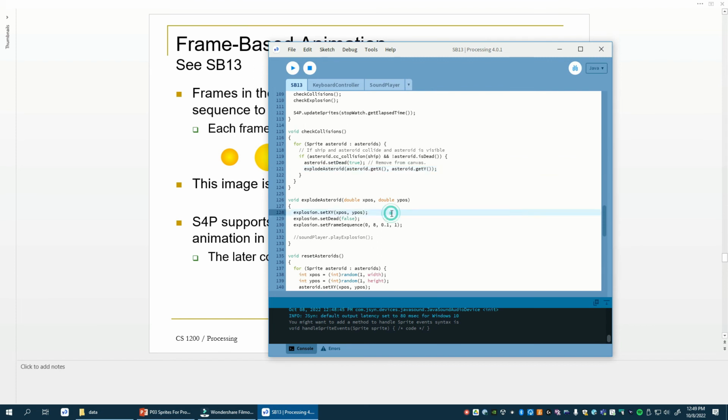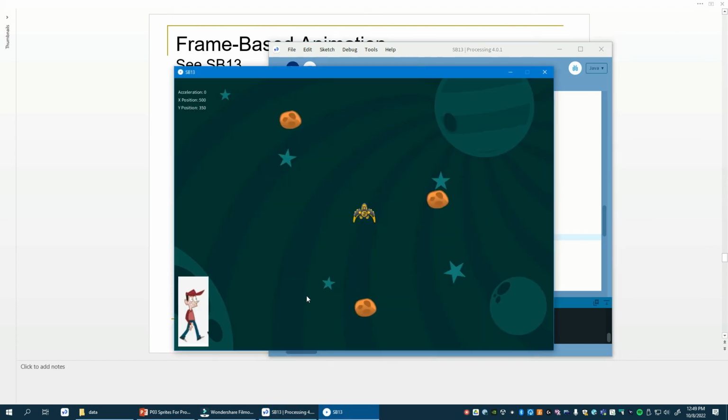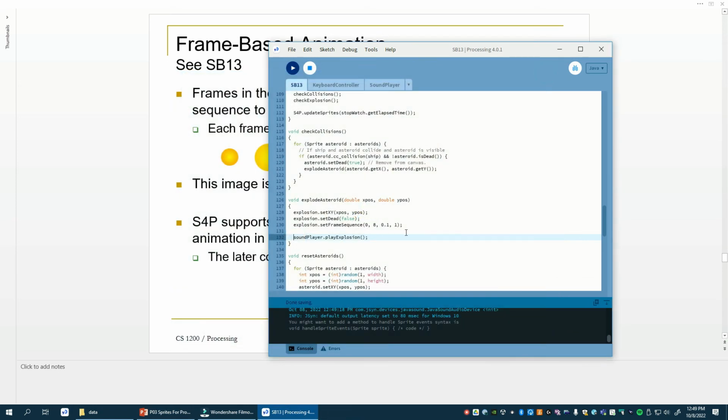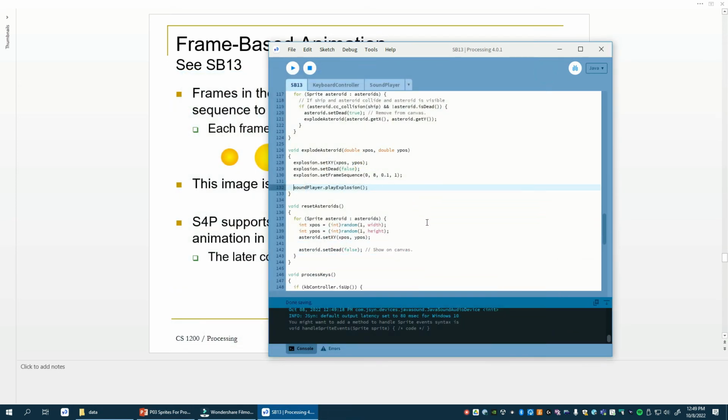Here's a function explode asteroid. We set this explosion sprite to this XY location. We make it visible, and then we explode the sprite. I'm not sure why I commented that out. Let's see if that works, if I get an explosion sound. Yeah, it works. You might be able to hear that on my microphone. I'm not sure why I commented that. That seems important. Anyway,